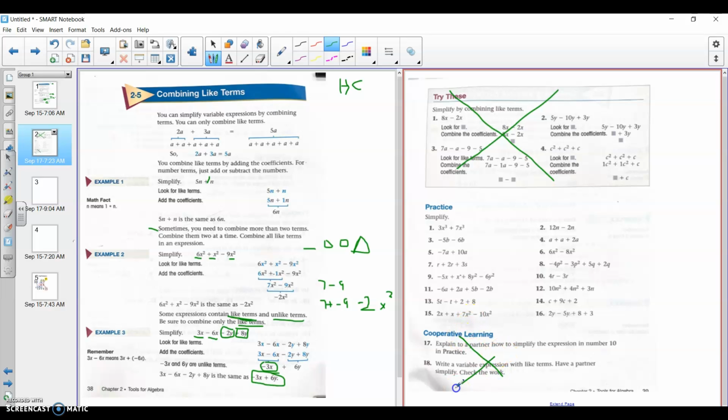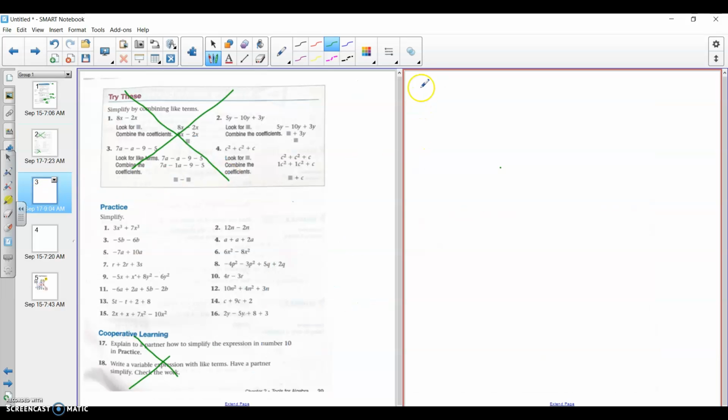So again, you're not doing the top 10 box, and you're not doing the bottom two problems. Going into my blank piece of paper, if I was on my paper, I'm definitely going to write out our problem. And so number one, I know it doesn't look like a very good number one in parentheses, but it is. 3x to the third power, put my little 3 up here, and then